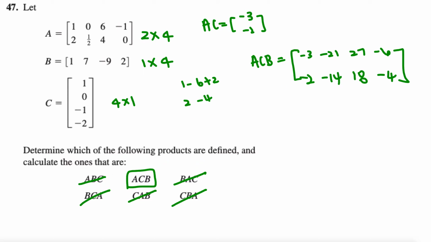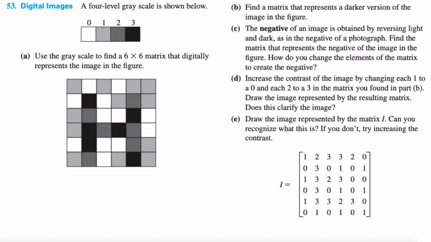All right, let's try to look at number 53. Now, in this case, this is another application of matrices. A matrix is simply an array of numbers, as you know. And one thing that you can tell is that these numbers can represent many different things. In this particular case, these values represent the darkness